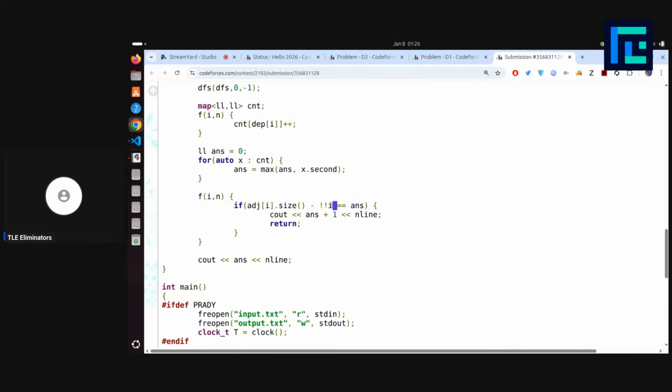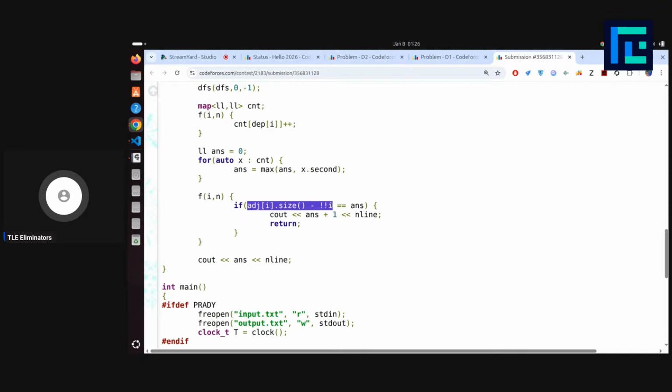This is just some stupid code where if i is 0, then not i will change it to true, and again not will change it to 0. So finally it will turn out to be 0. So if i is 0, this is 0. And if i is non-zero, then not i would be 0, and not of not i would be true, and true gets converted to 1. If you subtract true from something, true gets converted to 1, so it will do minus 1. So if i is non-zero, it would get converted to 1, and if i is 0, it will remain 0. So it is just some stupid code. But yeah,